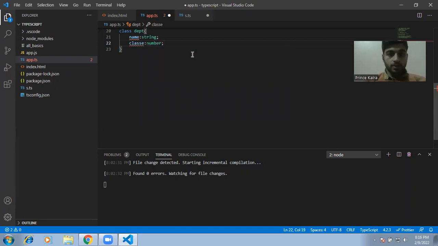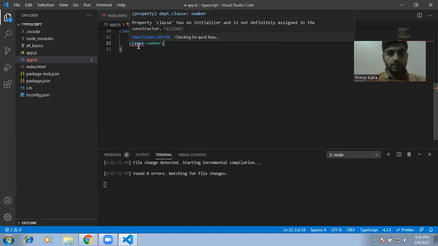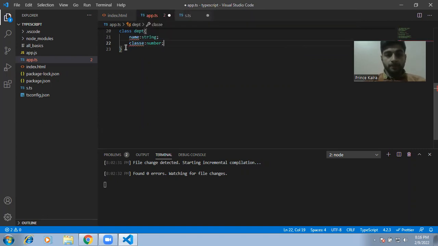Here we define the class. It gives an error because the property has not been assigned, since we did not make any constructor and do not assign any value to them. So next, we make a constructor, which is just similar to the function that we